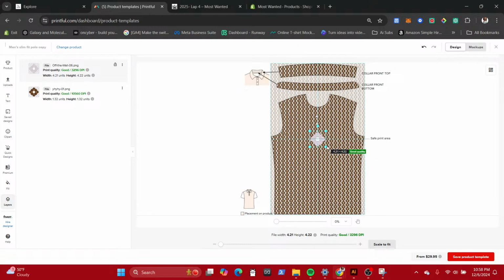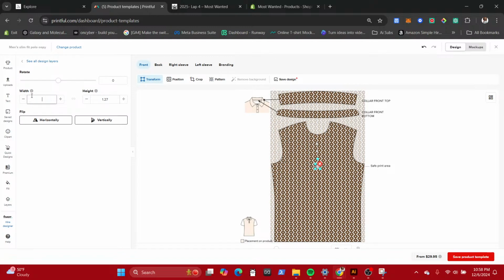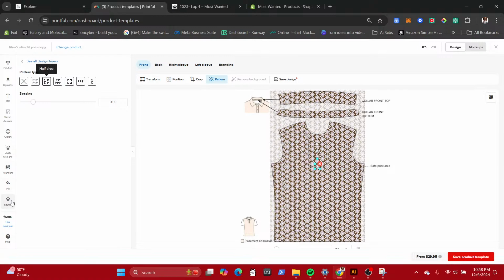So we did it at 132 as far as size. If you want, I could just go in here and do 1.32 and it automatically corrects. Or however I did the other one. I did the other one at 132, but the pattern is the second one, so the half drop. So let's go back into layer. Oh, and also I did it at a -19.